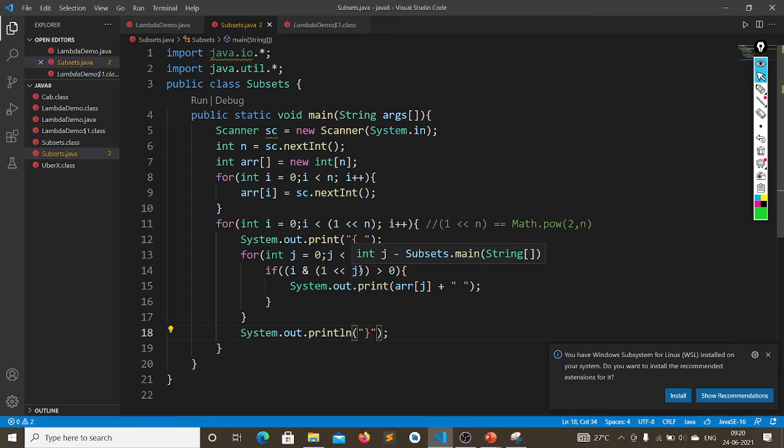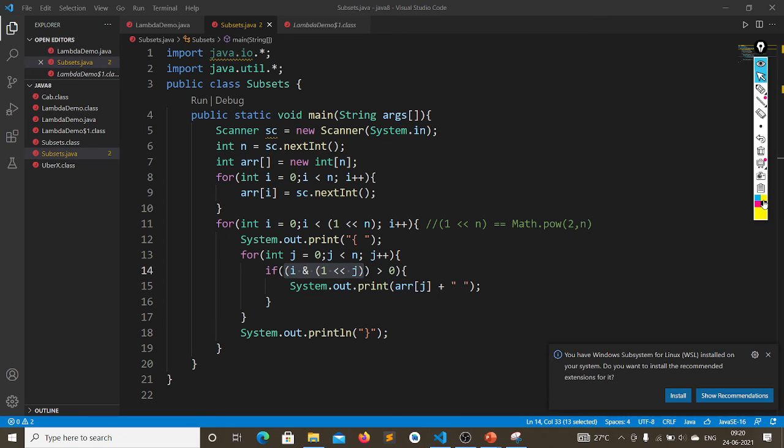So many students do this in a single step. How they will do is, first of all, they will convert each i into binary format, and they will check whether the first is 1 or not, second is 1 or not, third one is 1 or not. So it may take a long time and it may become very large, but we just simply write i AND 2 power j. So we are always checking. Let me take a second, so I will explain that.